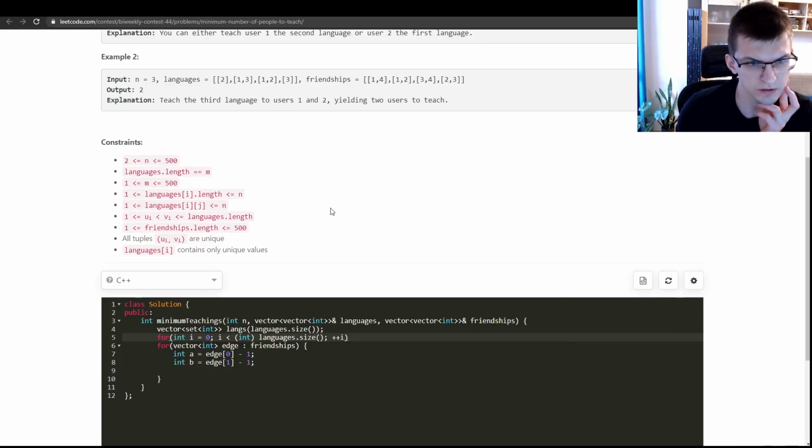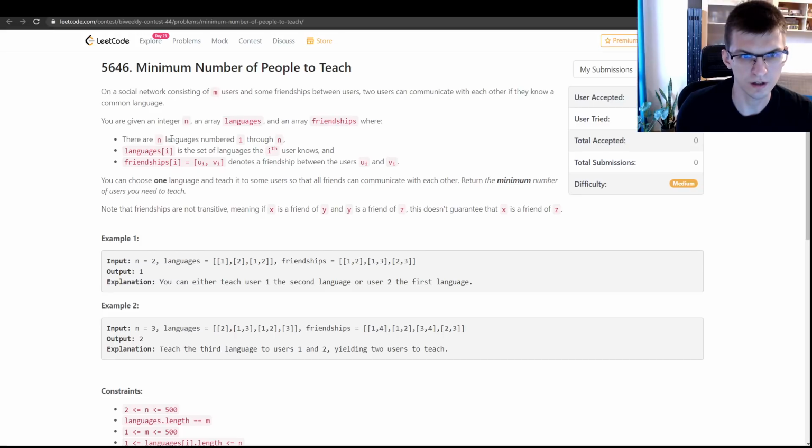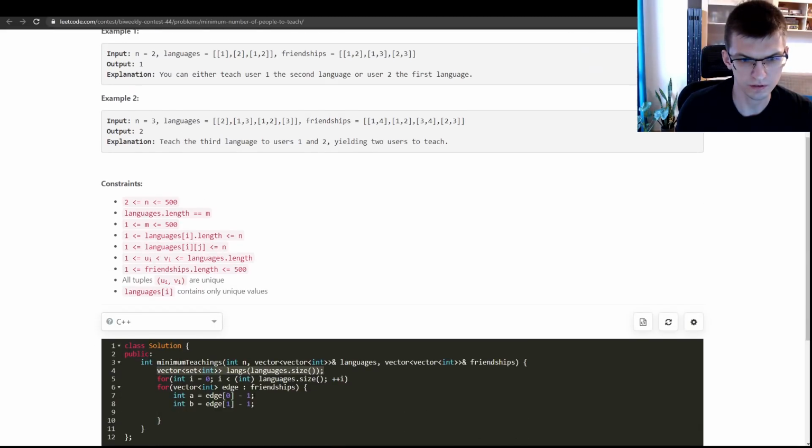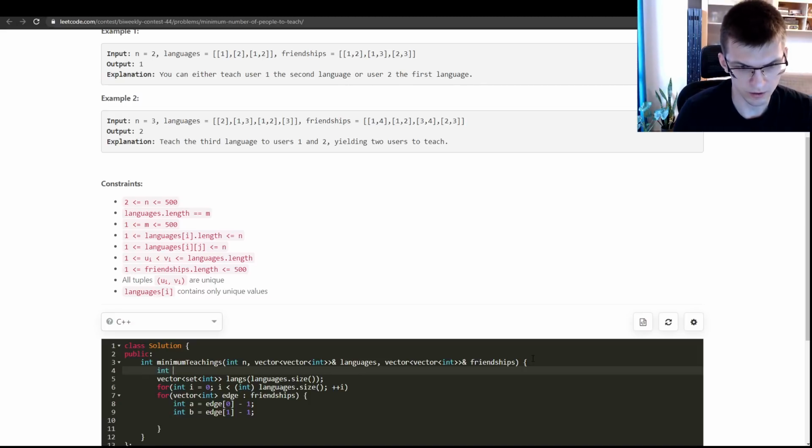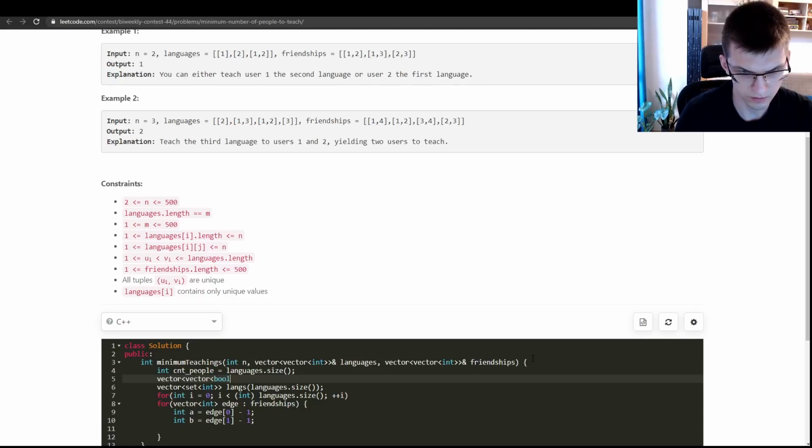What about this? Oh, there are 500 of them. So if this is a set, then it's fine. Or like Boolean array. N is number of languages. How many people? Knows for every person, and